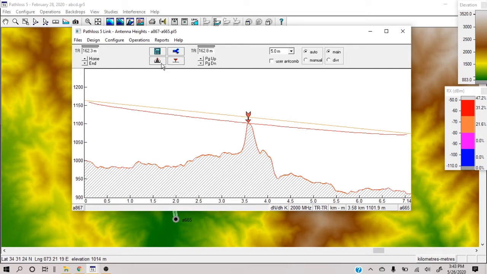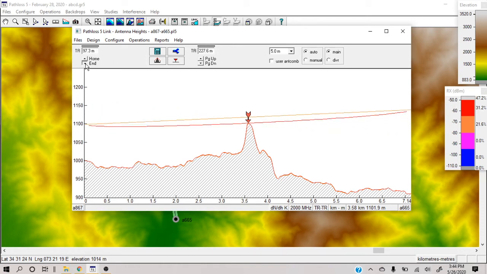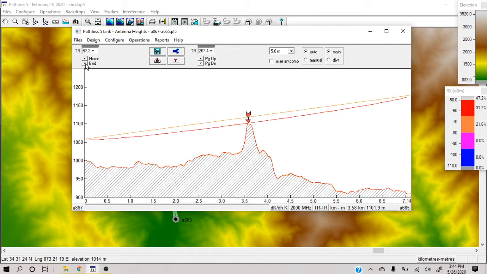For example, if now they are almost 162 meters, even if we take one of them down, because it is not difficult, and take it to a normal value of 40-45, the other one goes to the sky.